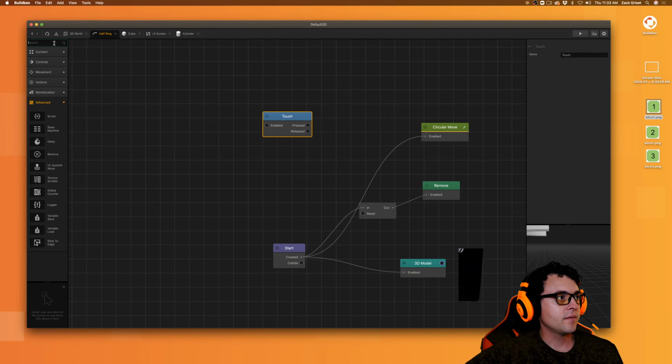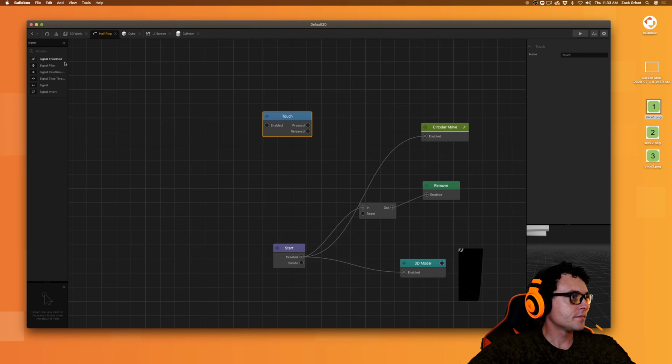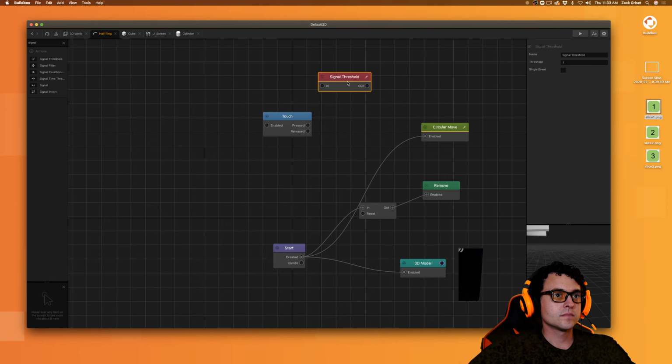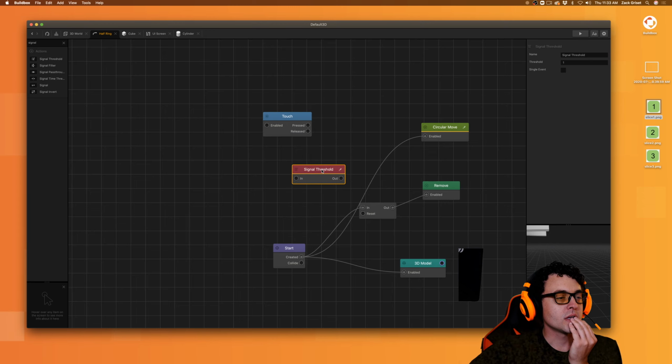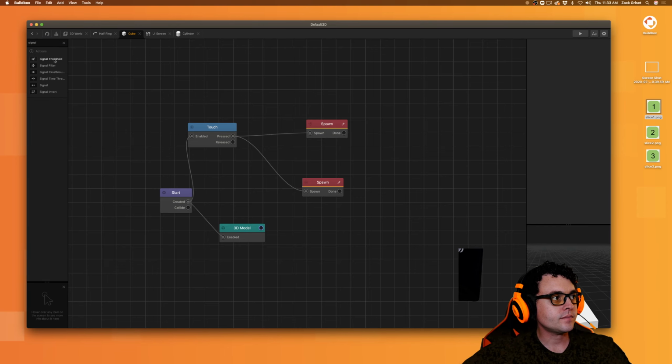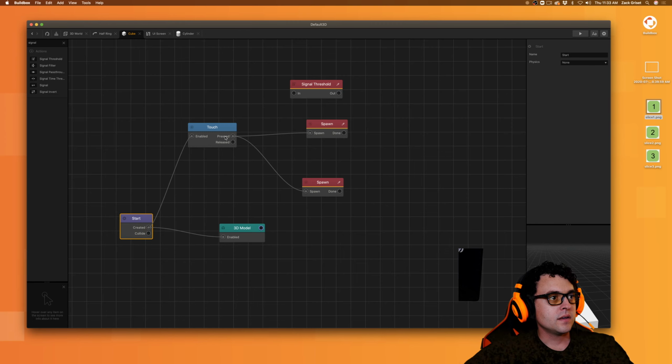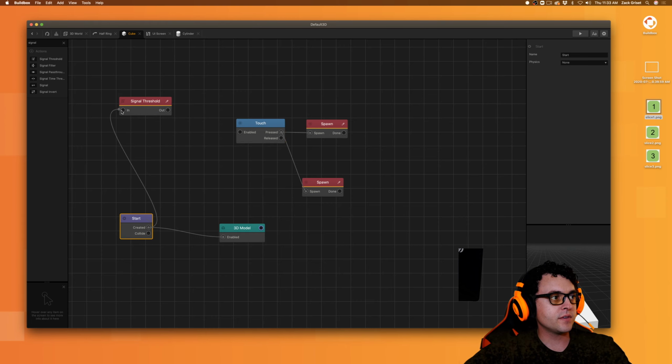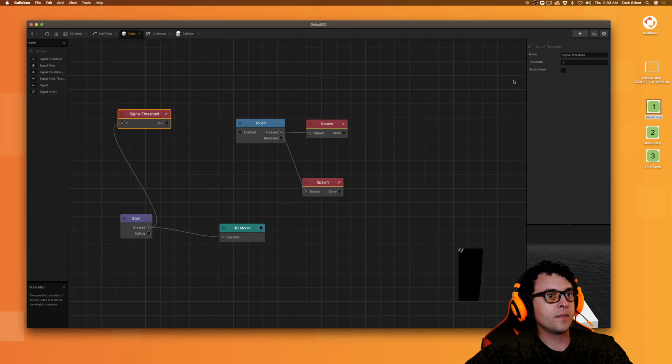Signal threshold, maybe. Let me see. So maybe what we'll do is this. Signal threshold, right? You allow one signal to go through. Okay, you don't enable it. First off, you start off with a signal threshold. You enable it once, and it's enabled the first time, right? You get through it once. Then you get another signal threshold, right? As soon as it's released,